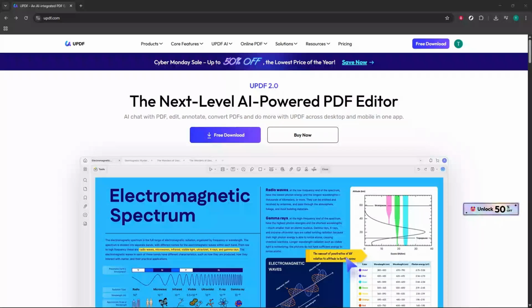In today's video, I'm going to teach you how to extract text from an image with UPDF AI. If you've ever needed to turn a photo or screenshot into editable text, this walkthrough will show you a quick, reliable way to do it using a simple web tool. We'll move through each action clearly, and I'll share helpful tips along the way so you get the best possible